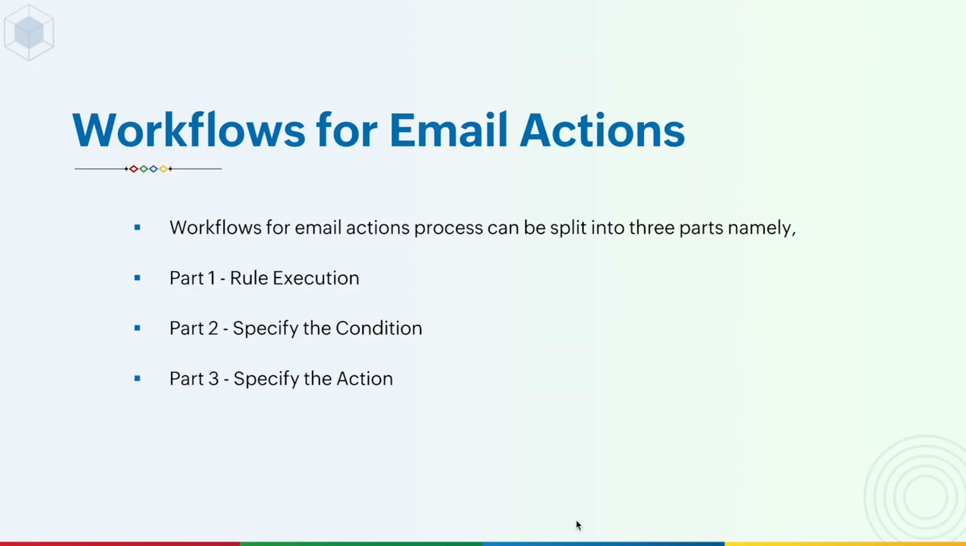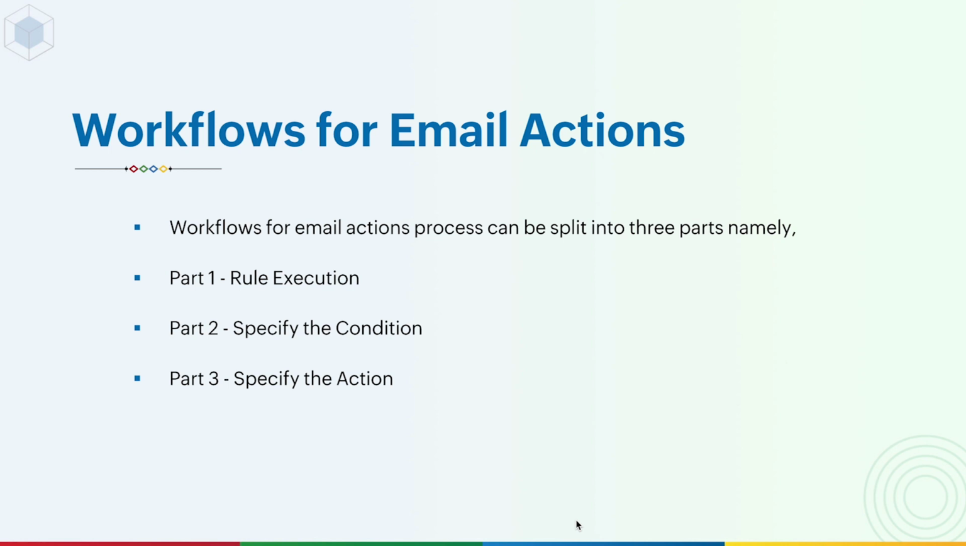Now let us look at the three parts involved in creating workflows for email actions. Part 1 is the rule execution, Part 2 is specifying the condition, and Part 3 is specifying the action. In Part 1 for rule execution, we can have actions based on the incoming email if they are received, unreplied, and opened and unreplied, and for outgoing emails if they are sent, bounced, opened, clicked, opened and unreplied, unreplied, replied,